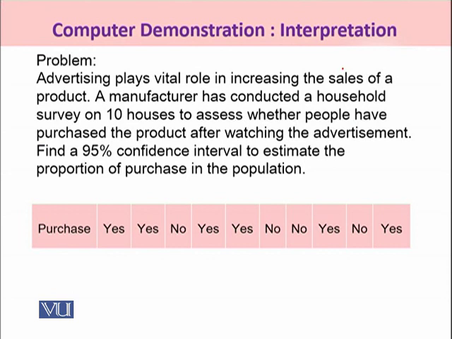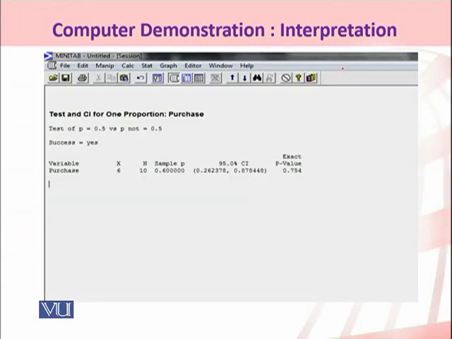This was the next example for which we were not given the summarized data, rather we were given the actual observations about the purchases in form of yeses or no. So students, हमने वो purchases का data enter किया in form of a column. We have learned the procedure of how to enter this kind of information to obtain the unknown value of the population proportion. So ये सब करने के बाद हमें एक आउटपुट मिलती है मिनीटैब सॉफ्टवेयर में,